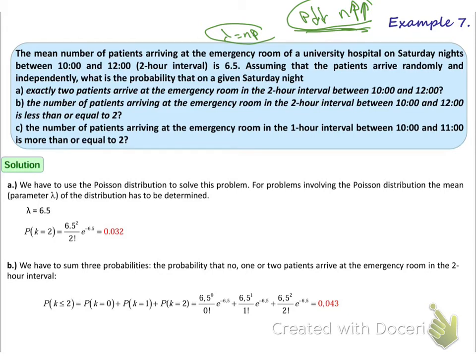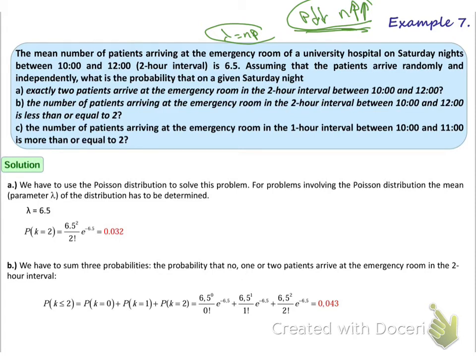So if the matter is related to an interval of time, per day, per hour, per week, per 10 minutes, per 15 minutes, every 3 hours, every 2 hours, it should automatically trigger in your mind that this is Poisson distribution. So how do we know it is Poisson? We will use the formula of Poisson distribution. Poisson distribution has 2 things: either you have a very low probability and a very high population or sample size,